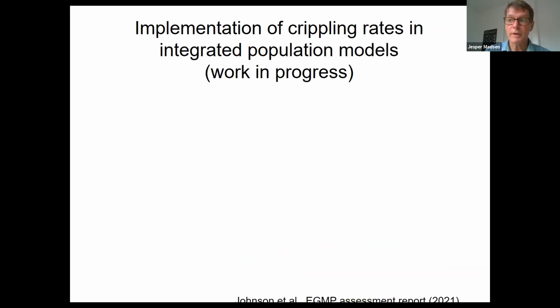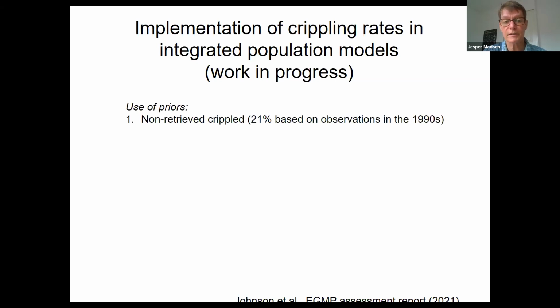Now we have been looking at how we can incorporate this in our population models. And those of you who are familiar with the work we do in the ETMP know that we have developed integrated population models for most of the populations now. And for the pink-footed geese, we have now included the crippling rates also in the IPM. So we are using the priors that we have: the non-retrieved crippled segment, 21% based on the observations in the 1990s, and